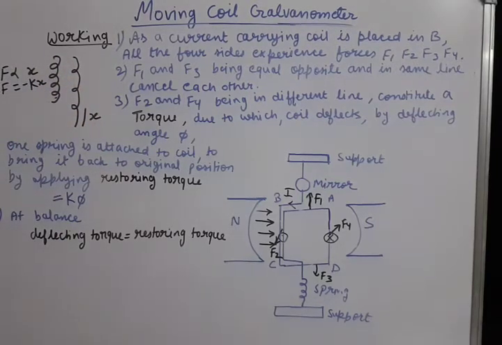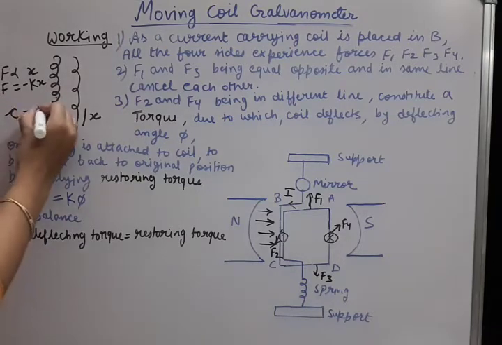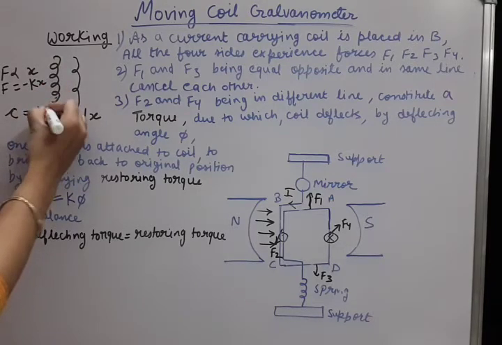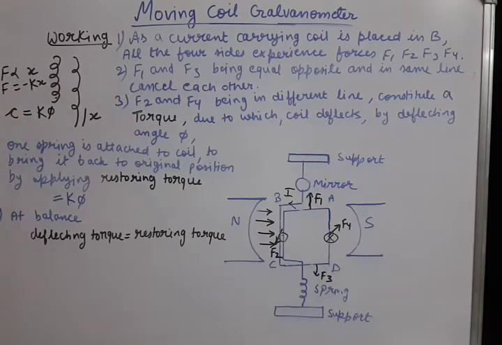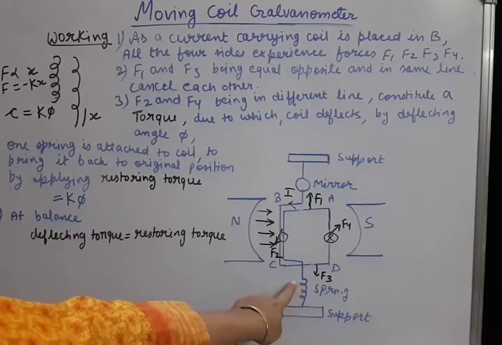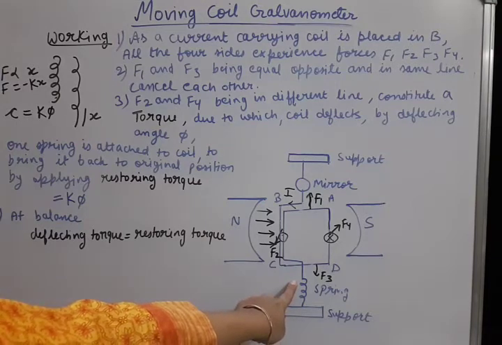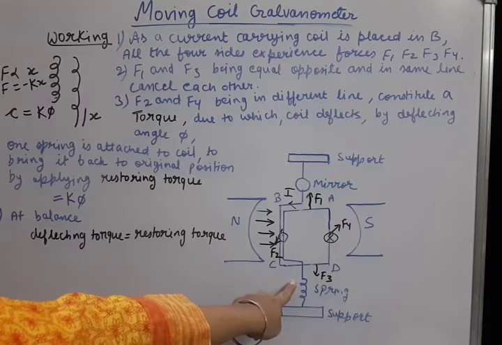Thus for the rotational case, we have to replace the linear force with the rotational force. So we will replace F by torque. The minus sign we can leave for the direction. K is a constant still, and in place of linear displacement we are writing the angular displacement φ. This way the restoring torque formula is prepared. This is the restoring force and this is the restoring torque formula, Kφ. So what will happen? Due to this spring, the coil will come back to its original position, because of the restoring torque.